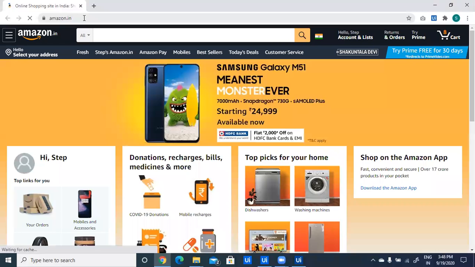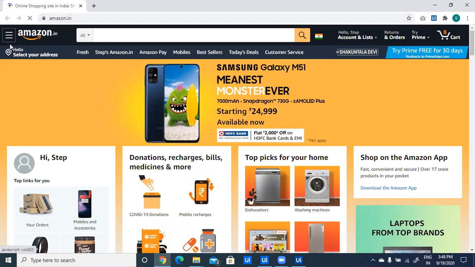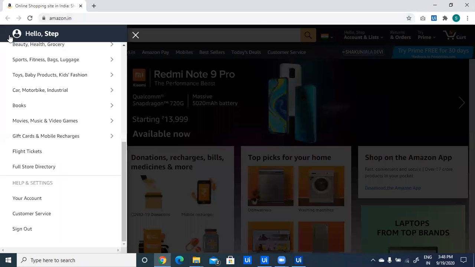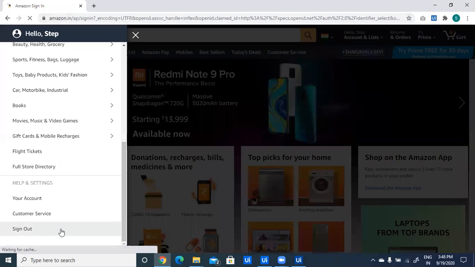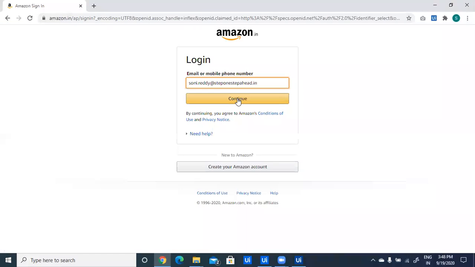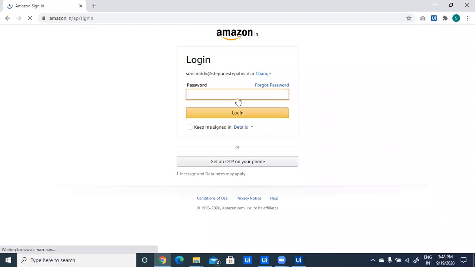Then it will click on the toggle button. So bot will click on toggle button and click on sign out. After signing out, it will enter email ID, click on continue button. And after that, it will enter a password, then click on login button.